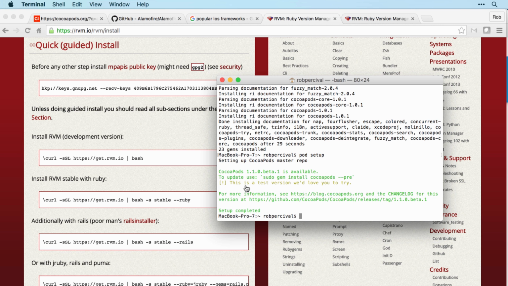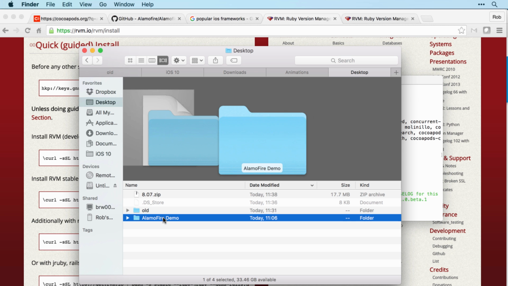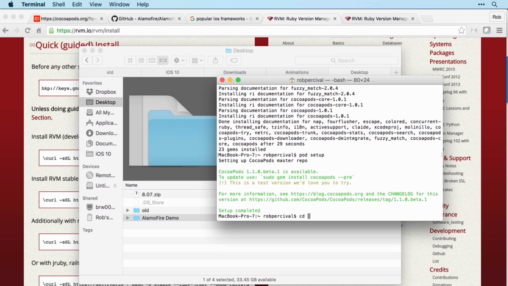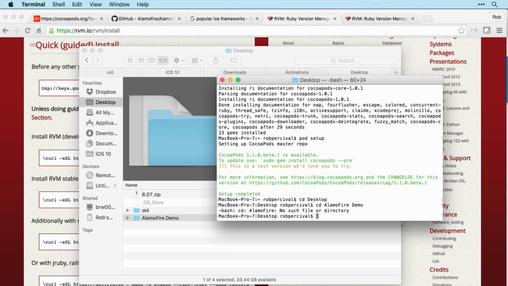So first off, we find our app and we change directory to it in the terminal command line. So it's on the desktop and in Alamofire demo. So I can just use cd for change directory and then Desktop. That will get me into the desktop, and then cd Alamofire demo. We get a little error there because I've perhaps foolishly put a space in the folder name,